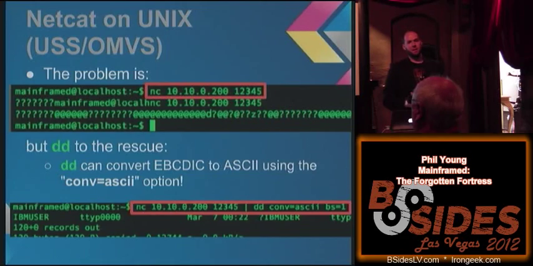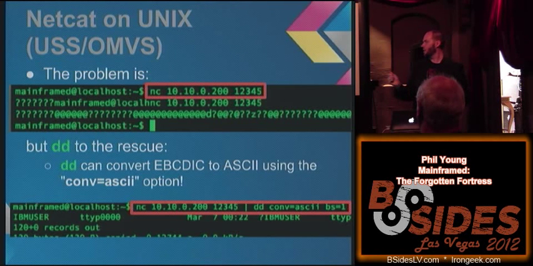Problem is, like I was saying, when you connect, it comes back with garbage. The first time I tried this, I was like, well, I guess it doesn't work. I guess I can't use this. I have nothing to talk about. And then I was looking up, and I thought, wait a minute, there's probably something going on. So then I looked it up, and it turns out last year at DEF CON, one of the capture the flag tests was an EBCDIC something.